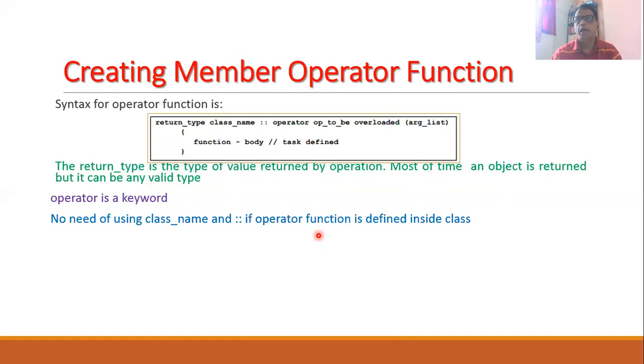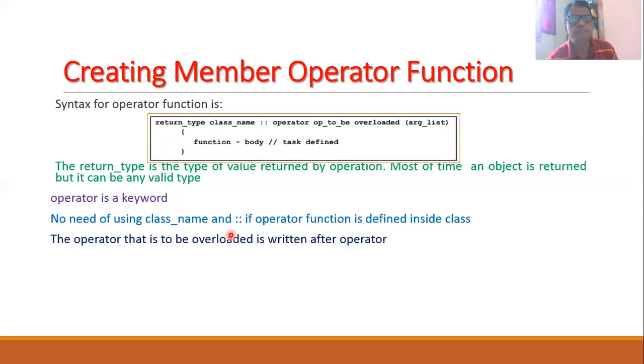If you write this operator function outside the class, then it is mandatory to write the class name and scope resolution operator. But if you are defining the operator function only within the class, then there is no need to write the class name because you are in the class already, and the scope resolution operator also need not be used.